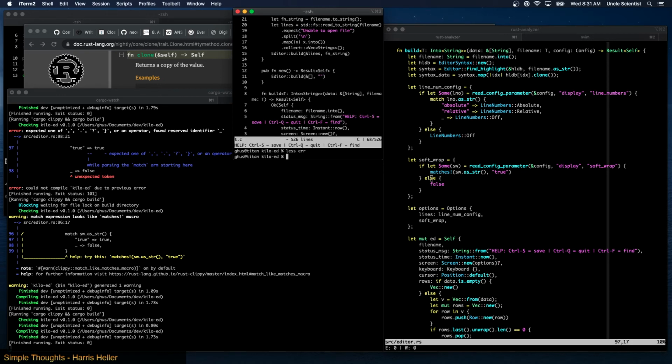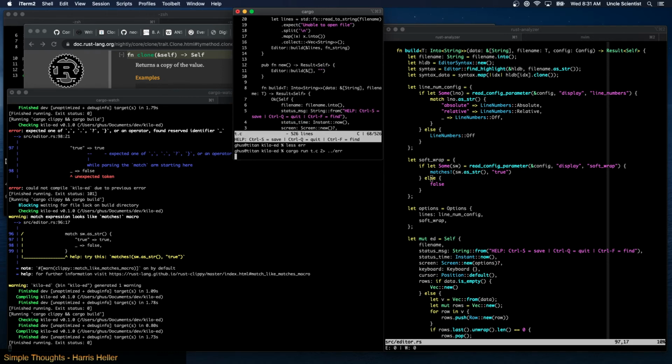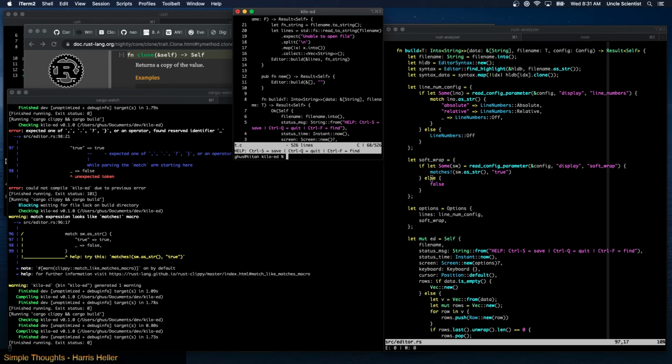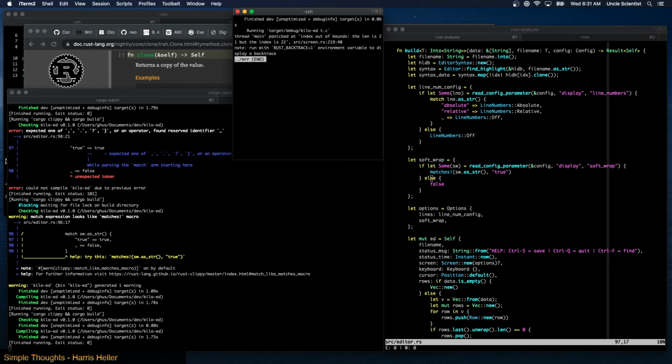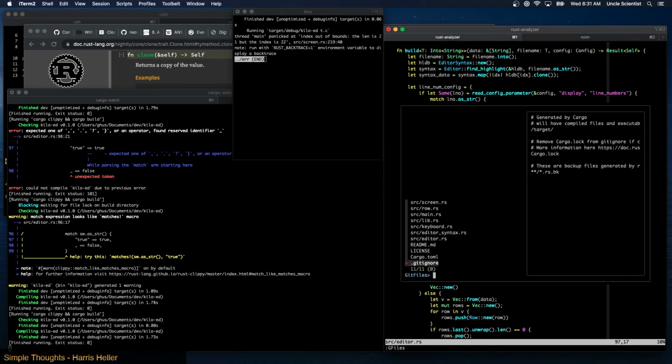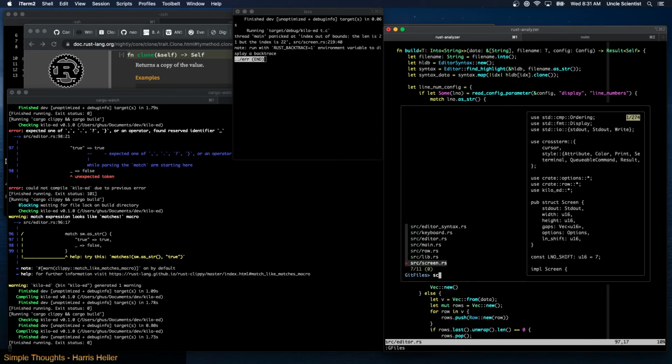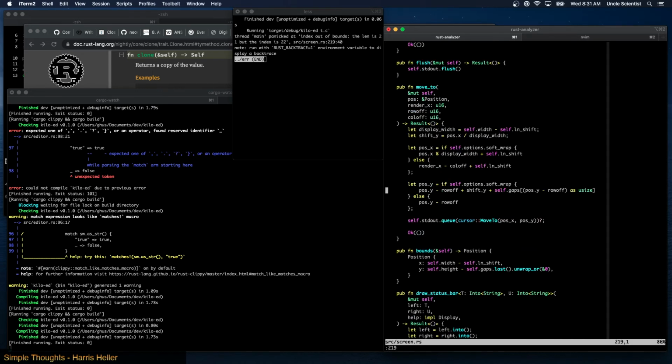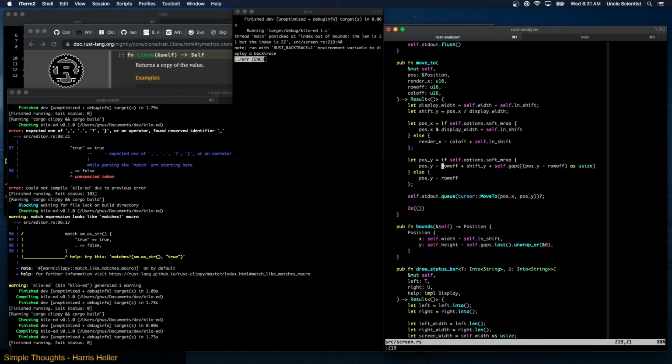Oh. What happened? I did this, and then it died, and there's no error? Just, oh. Alright, I put it back here. Index is out of bounds. The len is 21, but the index is 22. Okay, so we have a bug. Screen 219. Pause Y minus roll off as use size. Oh, but